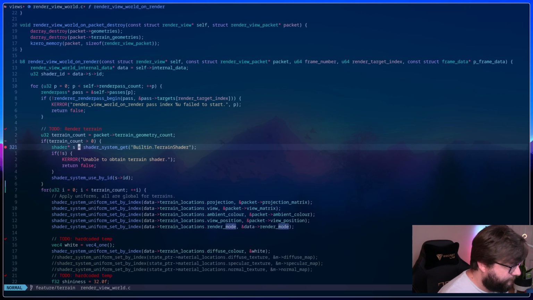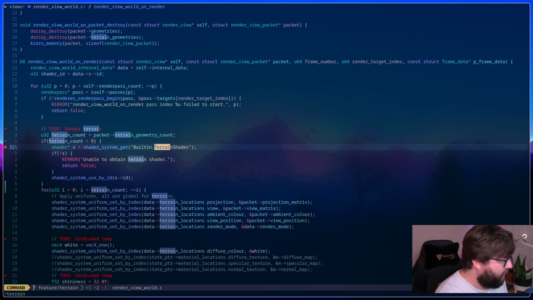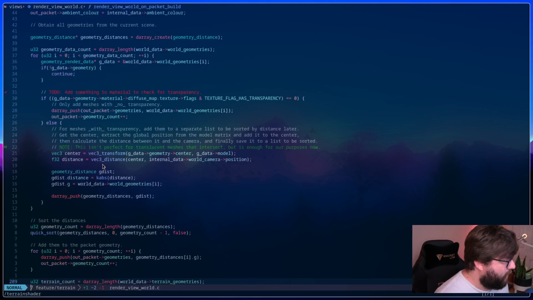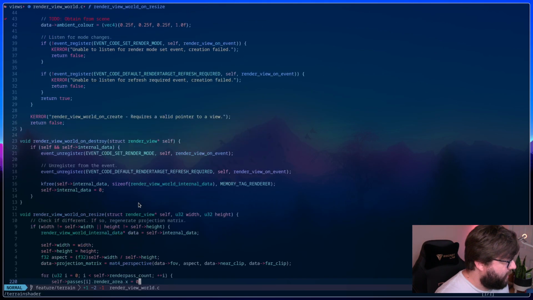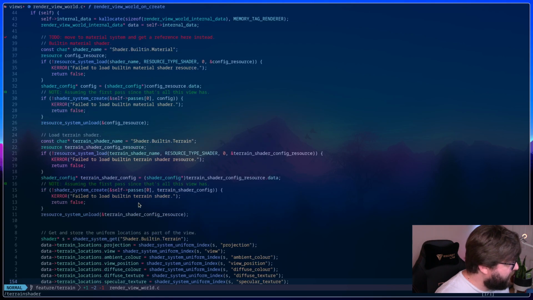In render view world, I could have sworn there was something up here where we were loading that. I could have sworn we did that. Yeah, load terrain shader.